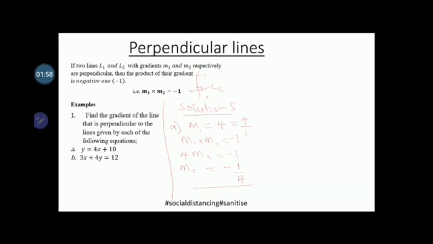Meaning, if you get the gradient M1, to get the gradient M2, just get the reciprocal of M1, then give it the opposite sign to the first gradient that you have. If this one was negative, this one would be positive. In this case, we have a positive. Our second gradient is the opposite sign we have in M1, which is negative. Having said that, let's try working out B